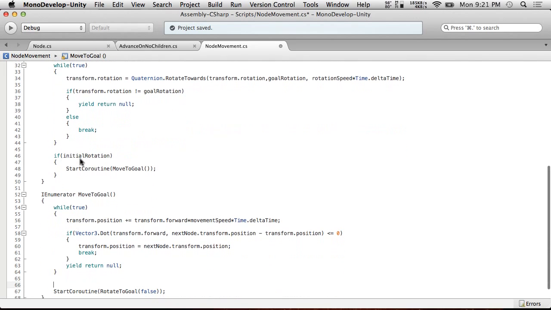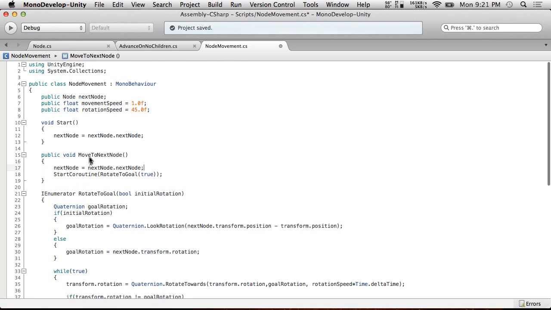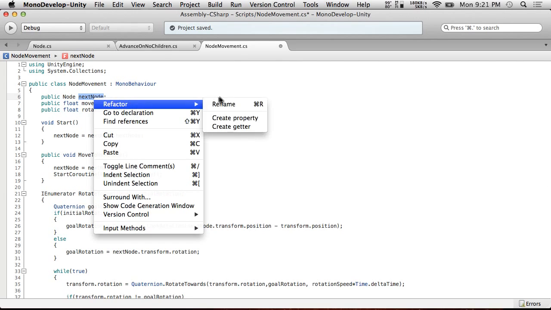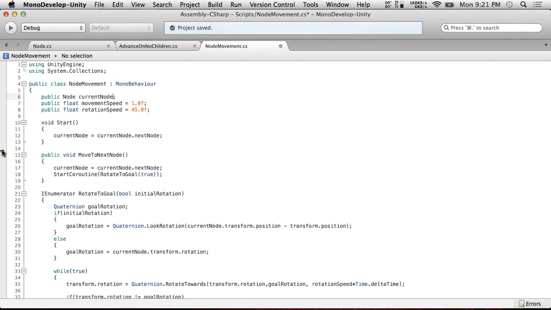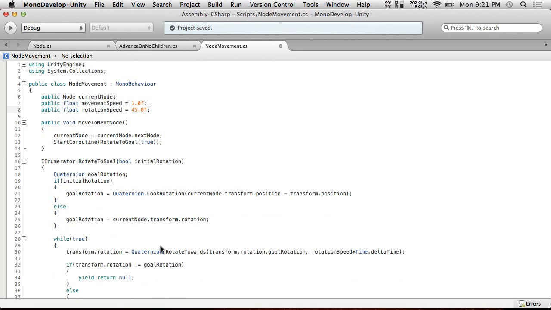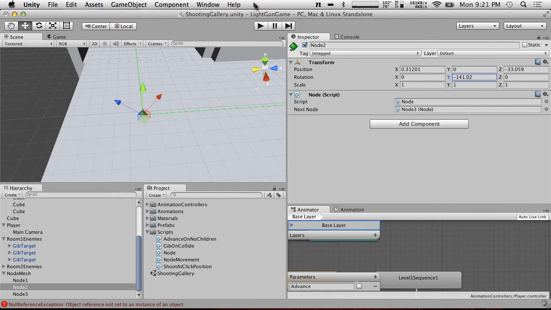I'm going to actually do the way that we were doing it before, where we did it here. And we're going to actually change it back to current node. Refactor, rename, current node. And we're going to get rid of the start here. Just going to see if this works. I have a feeling that it's not going to, but let's just give it a shot. So if we hit play,